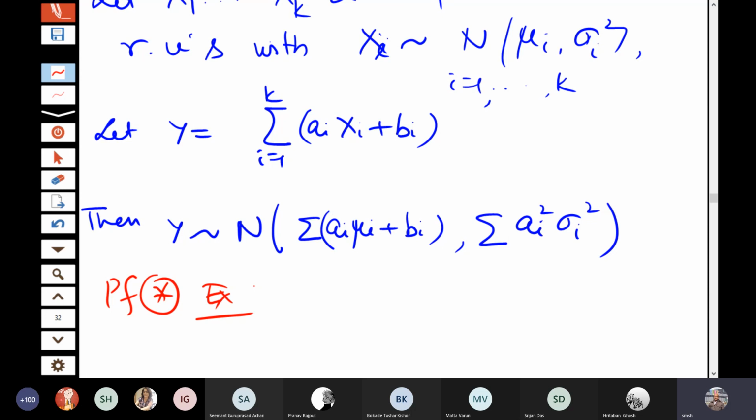So in the next class, I will give you some applications of these results, and then we will move over to other transformations. Here I am considering only linear transformation or the additions, but we can also consider transformations of random variables, like I may consider x square plus y square or any other kind of function of two variables or more. So then what are the results? We can use the Jacobian concept, which I will be telling in the next class. So I will stop today's class at this point.